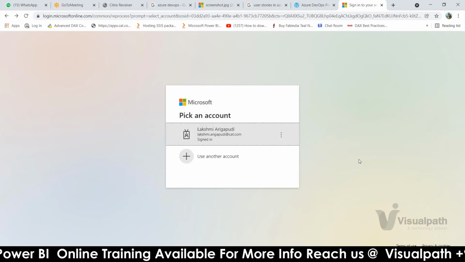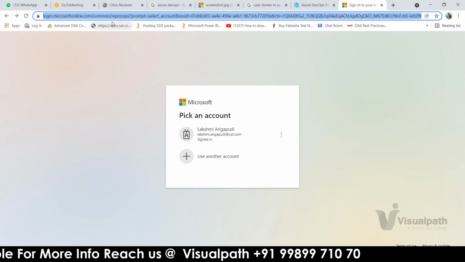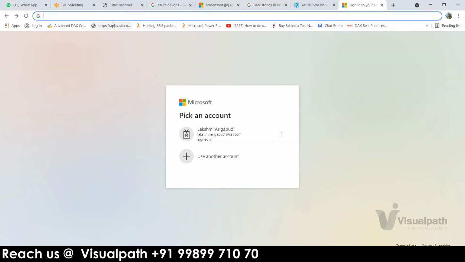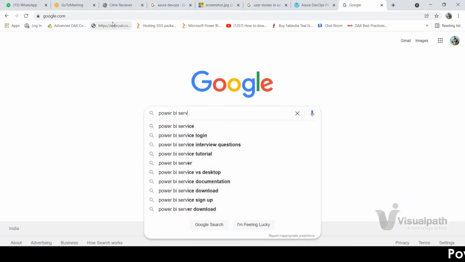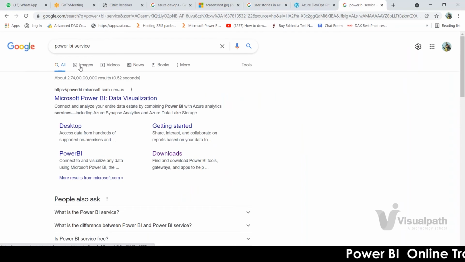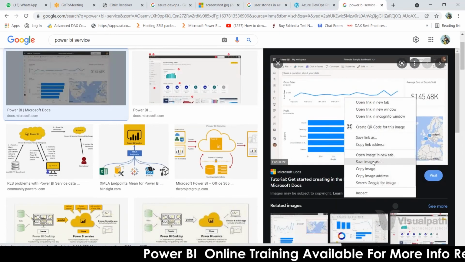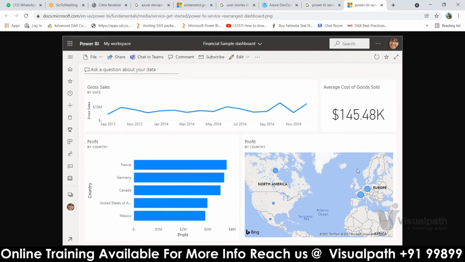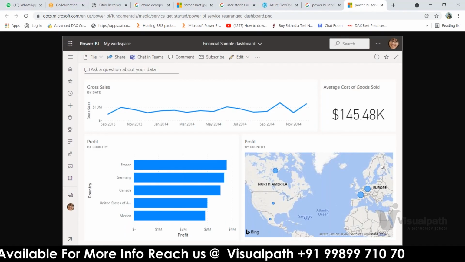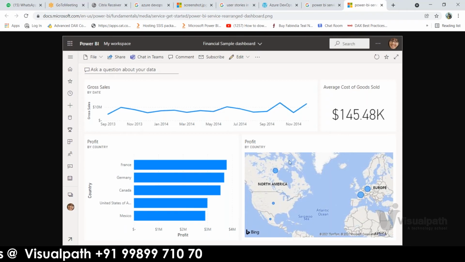I cannot open this because I have my organizational account logged in. Let me show you the home page of Power BI service, how it looks. So this is the Power BI service homepage. This is how it will look. You will have your dashboards here in Power BI service.